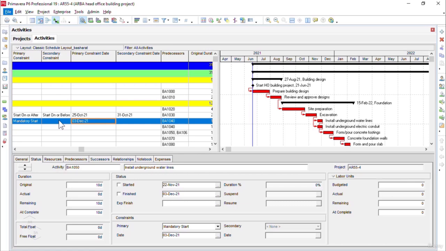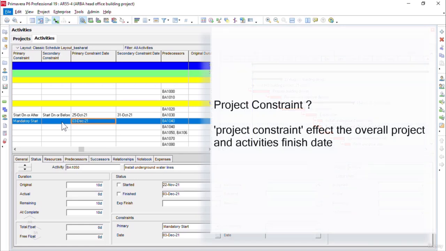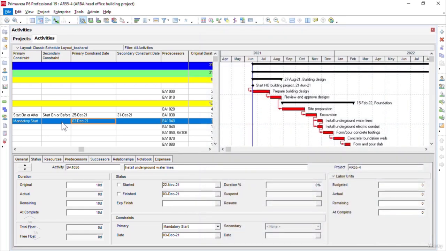Whether it's start on, finish on, mandatory start, mandatory finish, start on or after, or finish on or after, etc. Now let's move to our next very important topic called project constraint. It's important to note that the project constraint affects the overall project finish date, and we can apply this type